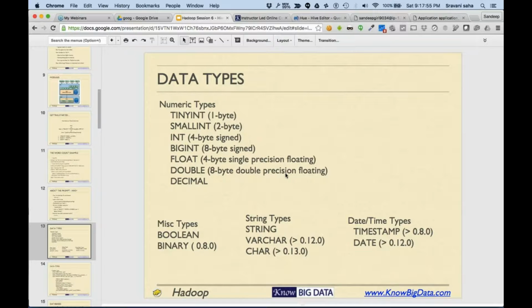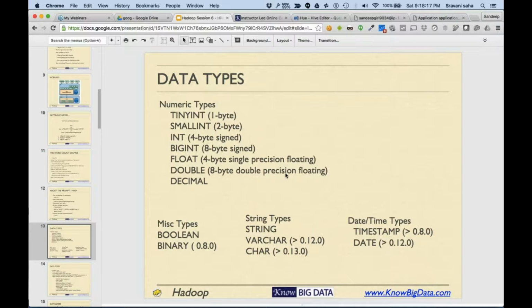For them it becomes a zero effort. Whatever their queries are, if they can run on Hive, they can simply move the data to HDFS and then load the table and start using the same queries which they have been using on Oracle, MySQL, or MS SQL.